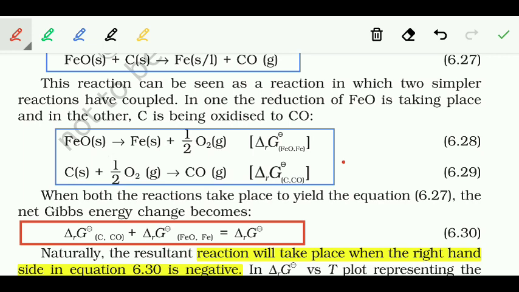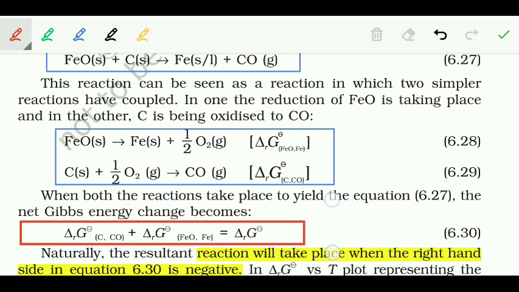तो यहाँ पे आपको दो पॉइंट के ऊपर फोकस रखना है. फर्स्ट पॉइंट क्या है समझना, हमारे पास जो फेरस ऑक्साइड है उसका रिडक्शन हो रहा है, जबकि कार्बन हमारे पास है उसका ऑक्सीडेशन हो रहा है. कैसे समझना है, अगर ऑक्सीजन रिमूव होगा तो रिडक्शन, ऑक्सीजन ऐड होगा तो ऑक्सीडेशन. तो आप देख रहे हो कि पहले में ऑक्सीजन रिमूव हो रहा है, दूसरे में ऑक्सीजन ऐड हो रहा है, तो आप बता सकते हो कि रिडक्शन और ऑक्सीडेशन हो गया.